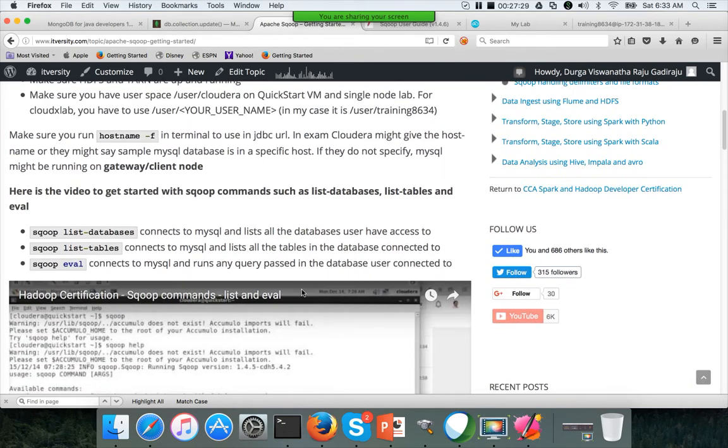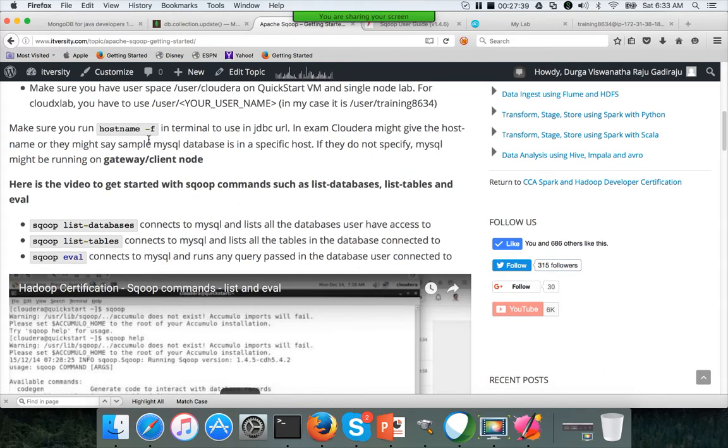Okay, so when you actually try Sqoop anywhere, first you need to understand how to build the JDBC URL. That is the most important aspect of it. For that, wherever MySQL is running, you can use hostname -f and get the fully qualified hostname, and then from wherever you are running a Sqoop command.